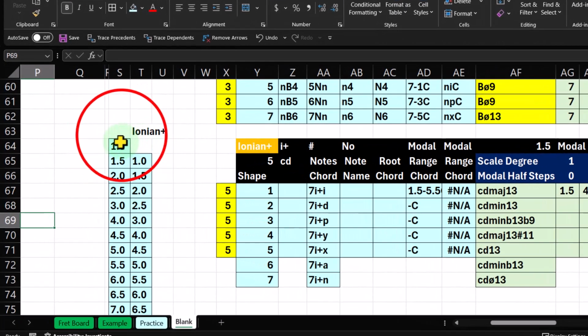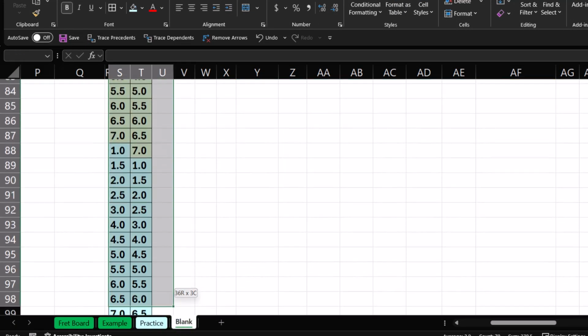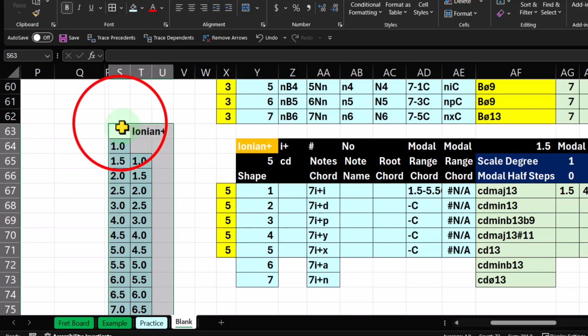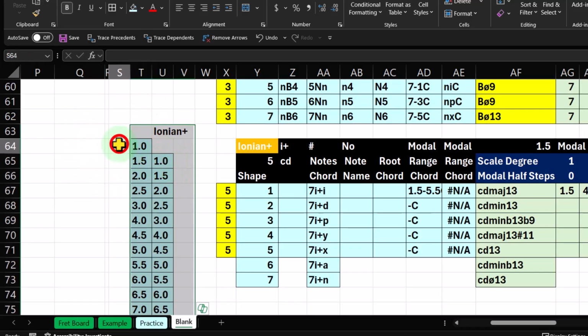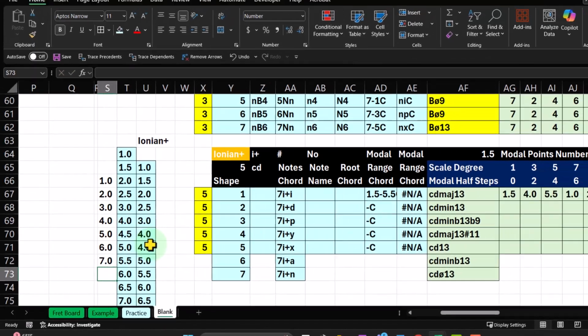Let's pull this over and see if I can explain this as clearly as possible, because it gets a little wonky. If I was to say from here to here, we can name the half steps 1, 2, 3, 4 to get to there, right? And then the next one, how many half steps from the scale degree 1, 3, and then the 5? How many half steps is the 4th modal half step, or 5th scale degree, away from the root? It's 7. That's a distance of 7. So I can count this out, 5, 6, 7. And so that should be the